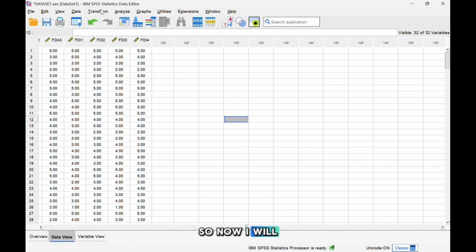So now I will be presenting about t-test and ANOVA. Before conducting the statistical analysis, the total score for each factor is computed using the compute variable function in SPSS. The computation is performed by